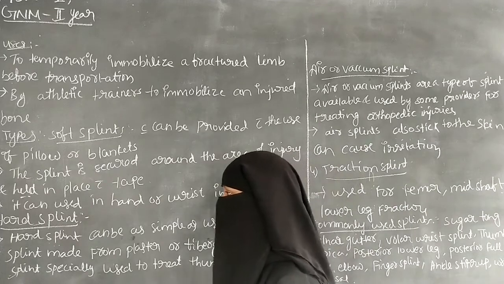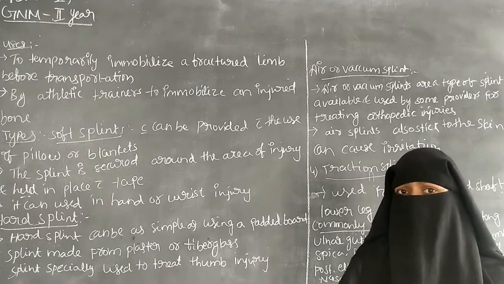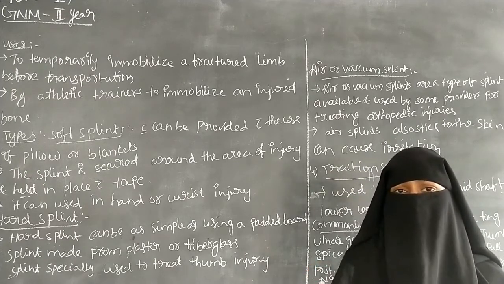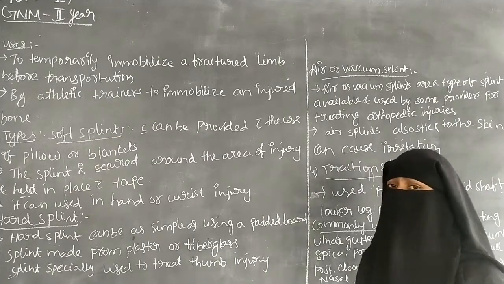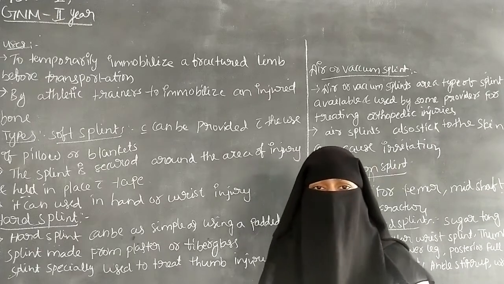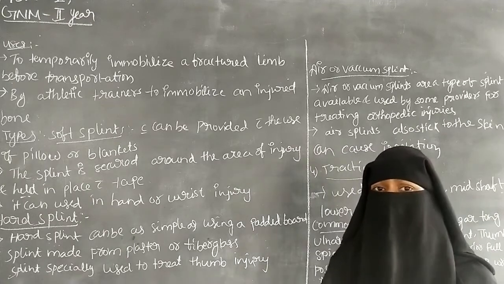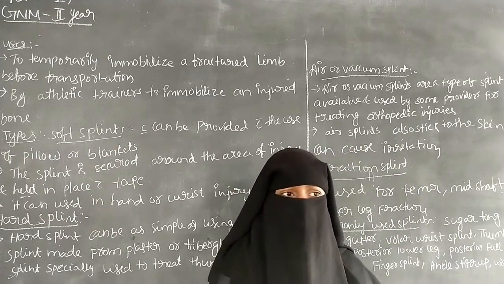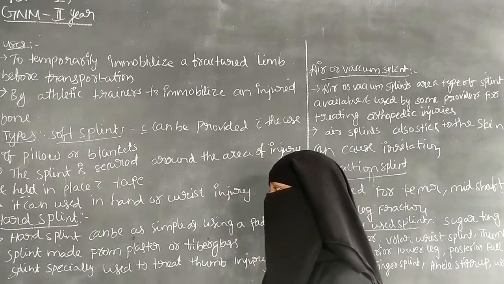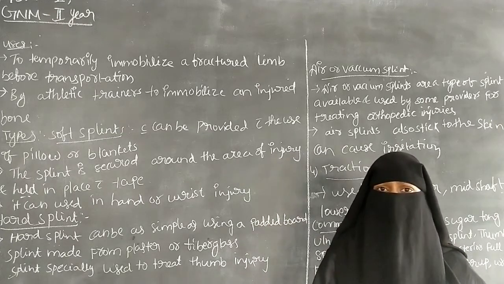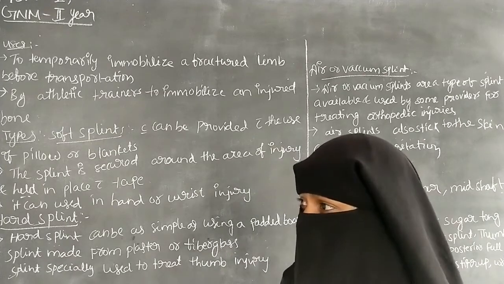So next one is heat injury. It is an injury because of heat, and using the splint produces more heat in the affected area, which causes the injury. And next one is infection. Continuous use of the splint causes infection. And next one is pressure sores. Continuous use of the splint causes pressure sores like ulcers. And next one is dermatitis. Using the splint causes inflammation of the skin, which is called dermatitis.